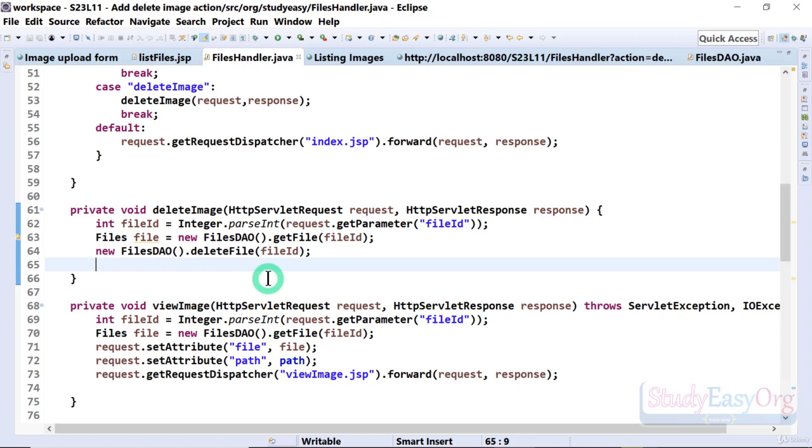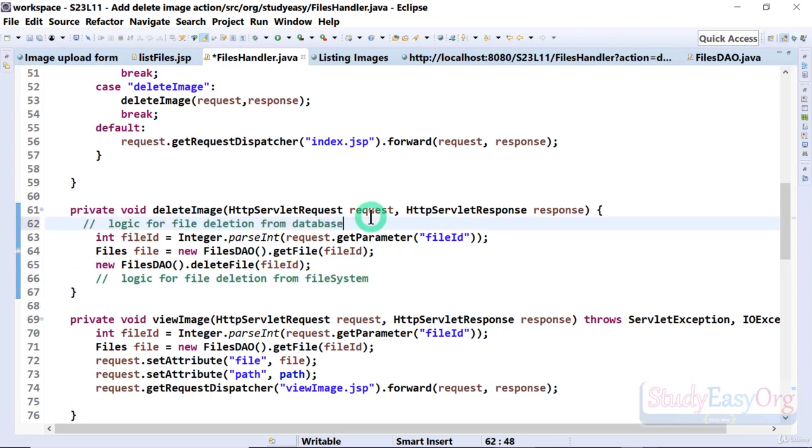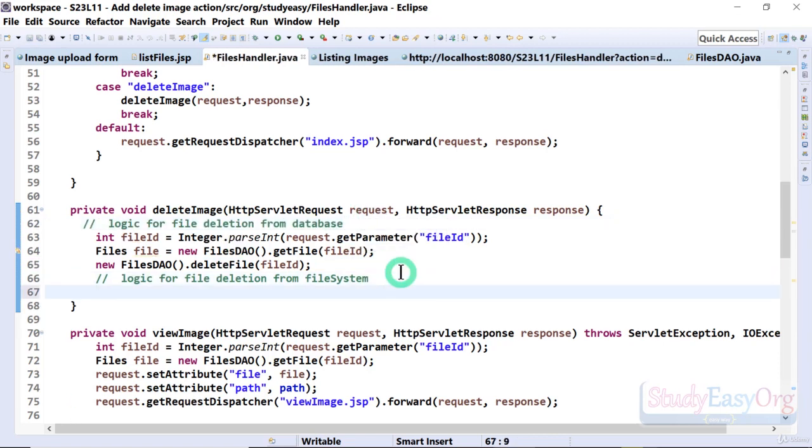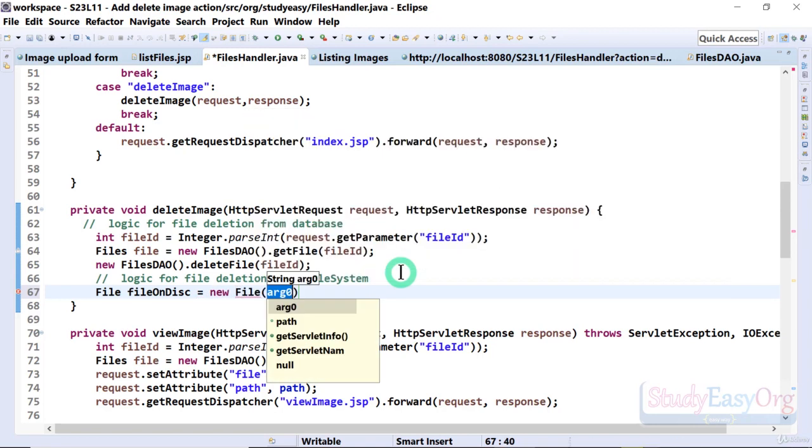File is a Java specific class. So let me add in a comment real quick, that would be good. Logic for file deletion from file system. Alright, now let us add in the logic. So it would be like File, not Files, and the name of the object would be fileOnDisk. Alright, and we will initialize this using what? First of all, we will create an object. So it would be like new File, and we need to